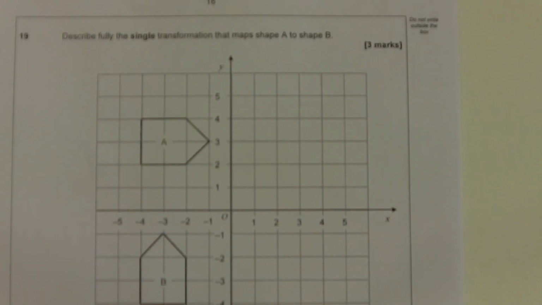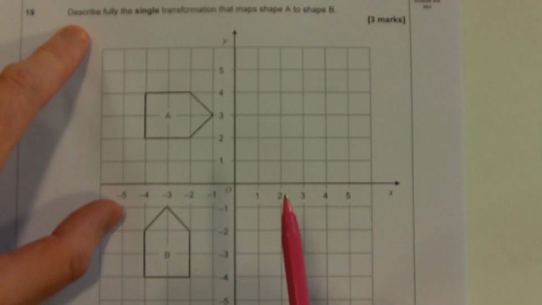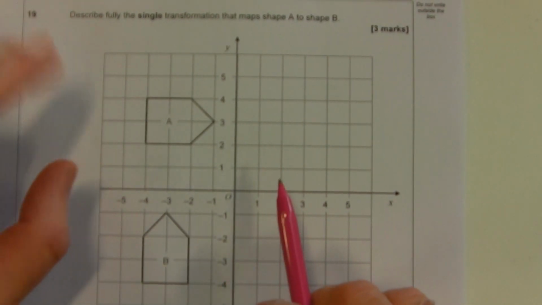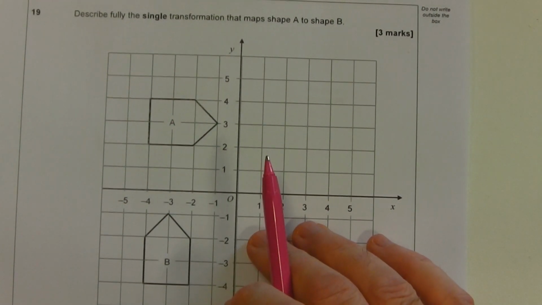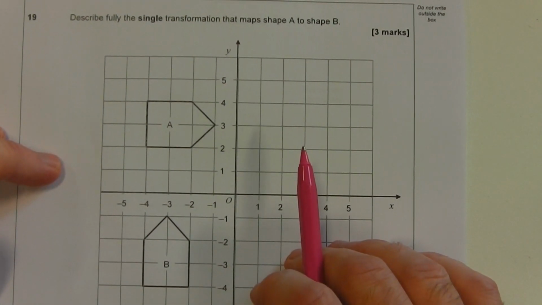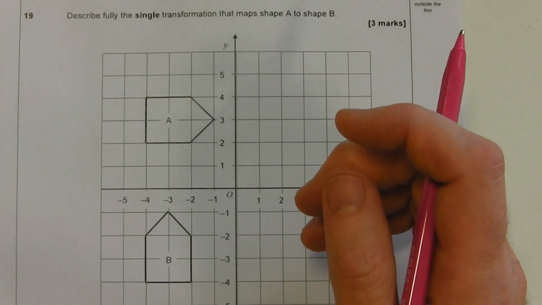Okay. Alright, question 19. Describe fully the single transformation that maps shape A to shape B. So they're saying it's just one thing that's happened to it, okay? Now, because they're asking you to describe the transformation, they're not asking you to do it, it's already been done. We've got to move that shape to there, okay? Now, some of you will know this straight off, but if you're not too sure, this is a good process,